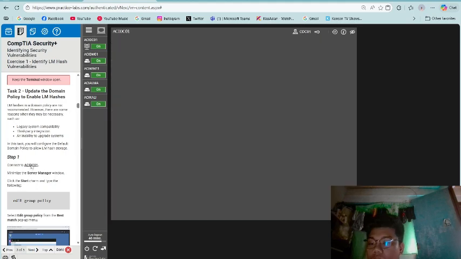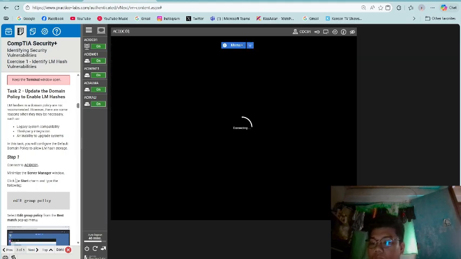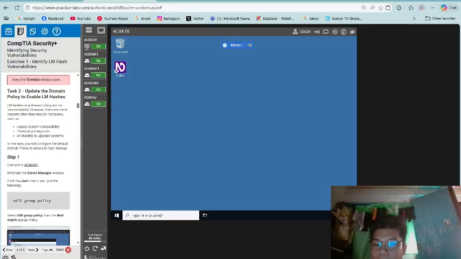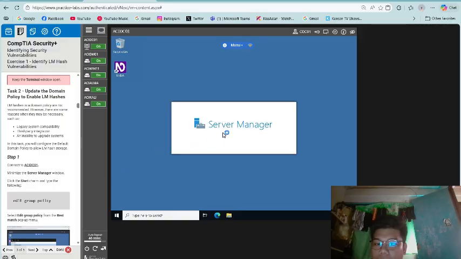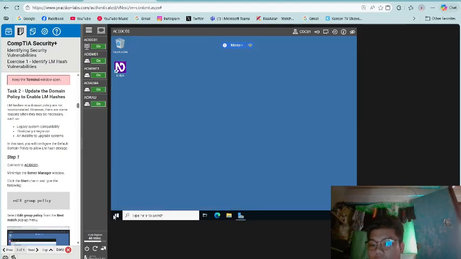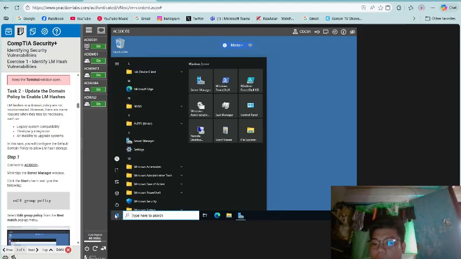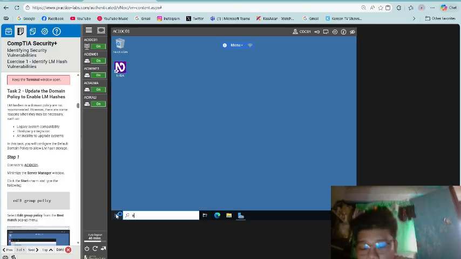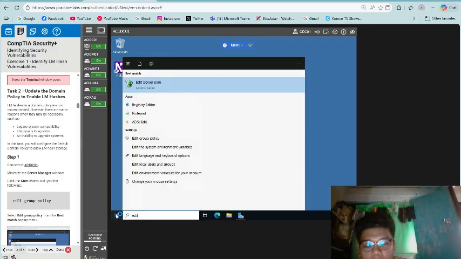So step 1, connect to ACIDC01. Minimize the server manager window. Click the start charm and type the following: Edit group policy.